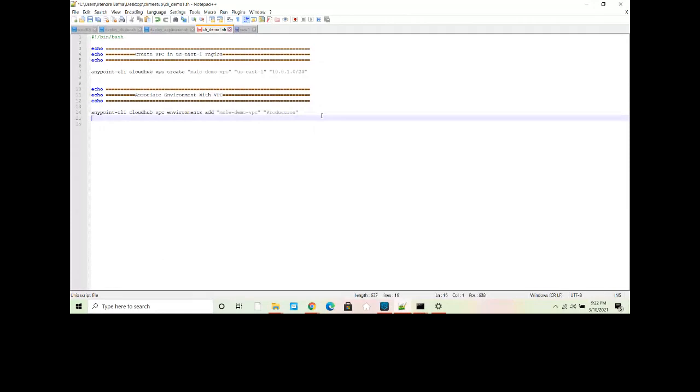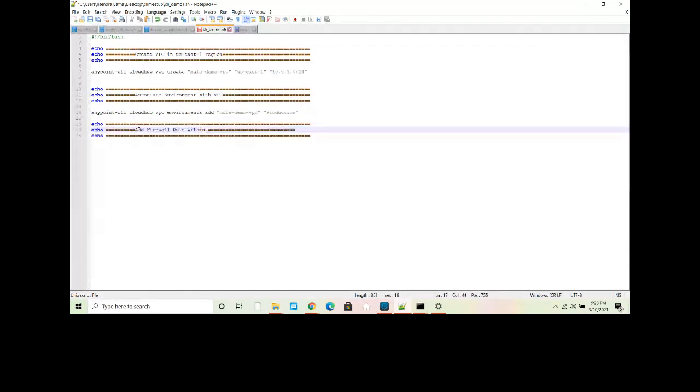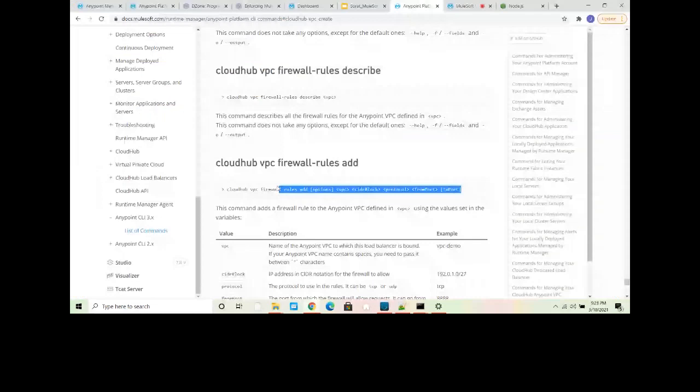Next, I want to add some firewall rules. So I will say add firewall rule within VPC. You will find a command for adding the firewall rules. Let me find this. Firewall rule describe, and you have something called firewall rule add. You can copy this command and simply say Anypoint CLI and paste it here.